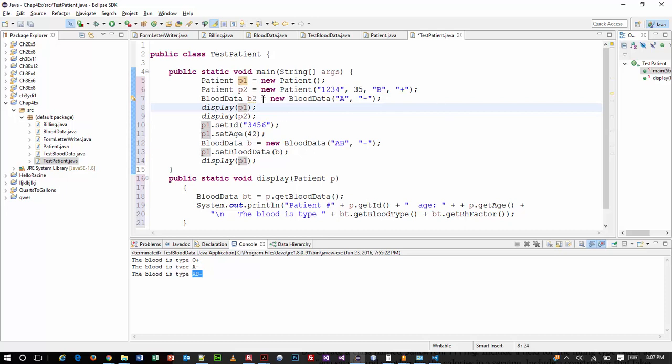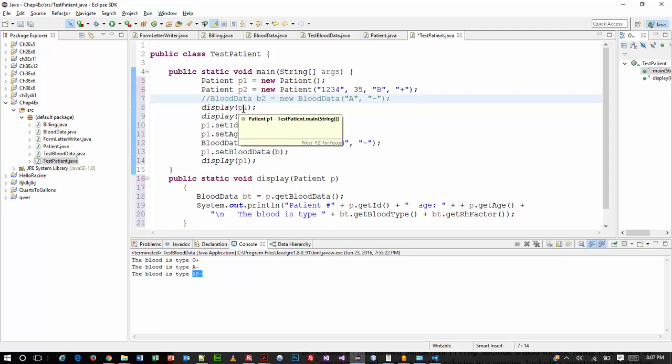That's going to be named B2. We're going to display, in fact, this is something that we could probably do as we add, but the next thing is we're going to display that information. Just like we did in the previous problem, we take the whole object and pass it in, remembering that it has an age, an ID, and the blood type all built in. Right, so we pass that down to display,